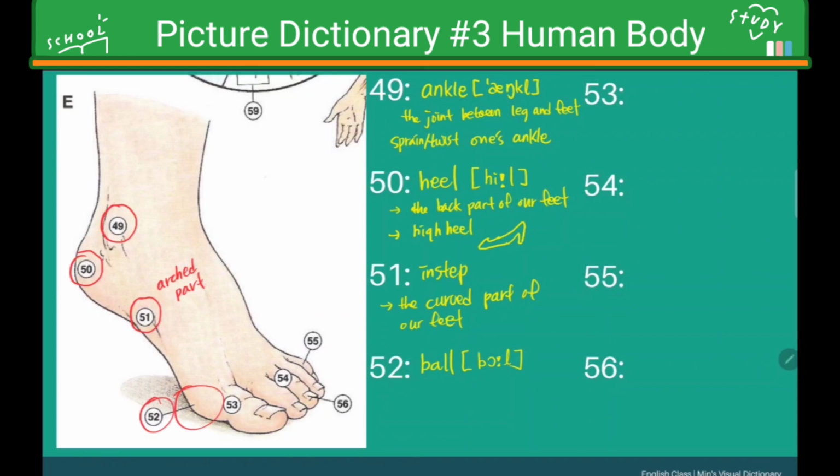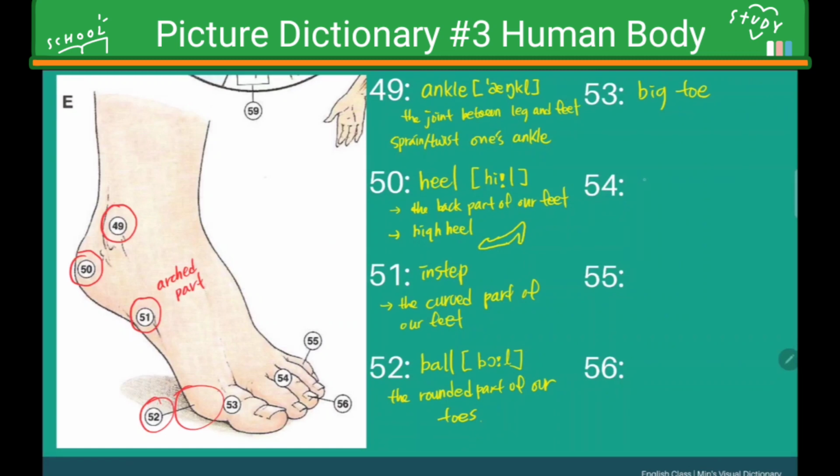So it's ball, and it's the rounded part of our toes. Okay. And 53 to 55, they all refer to our toes, but then 53 refers to our big toe,